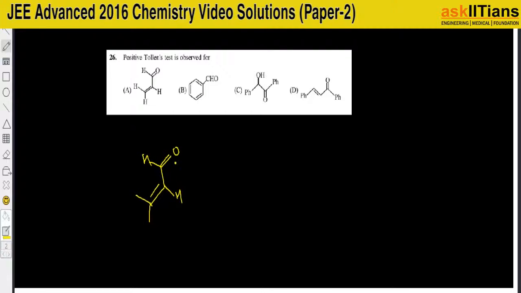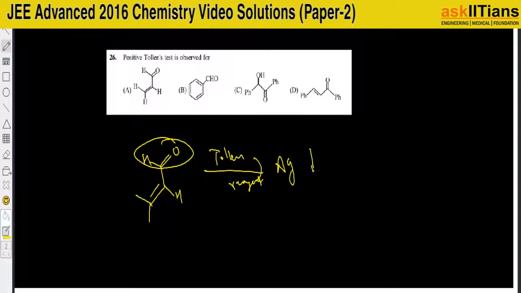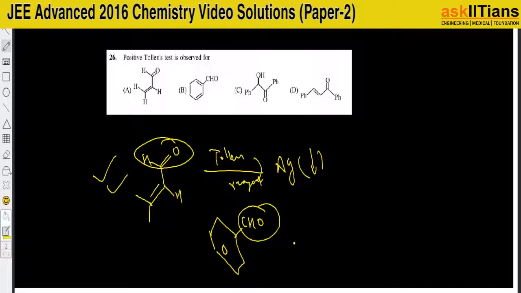in this compound it's simple, right? This is the aldehyde group present over here. So obviously if I treat it with the Tollens reagent, then I'll get my silver mirror, right? So this will show the aldehyde group. Even in the B case, which is benzaldehyde, it's again an aldehyde group. This will get oxidized, and I'll again get my